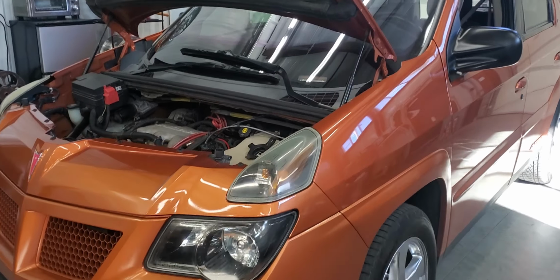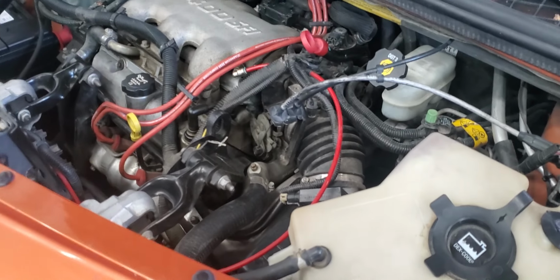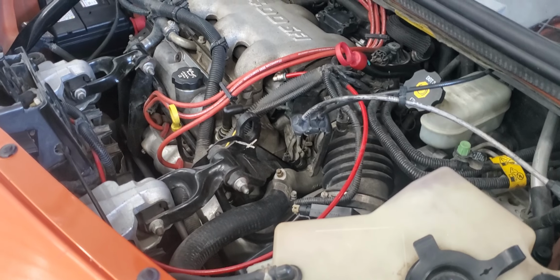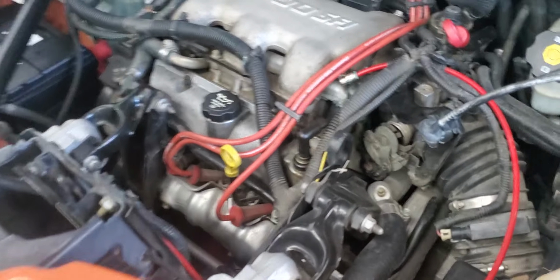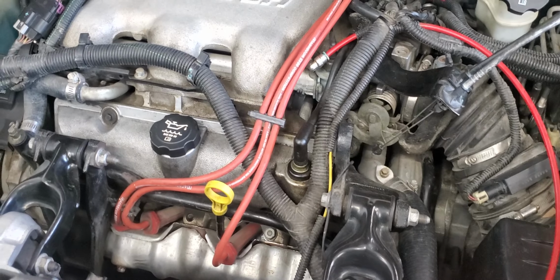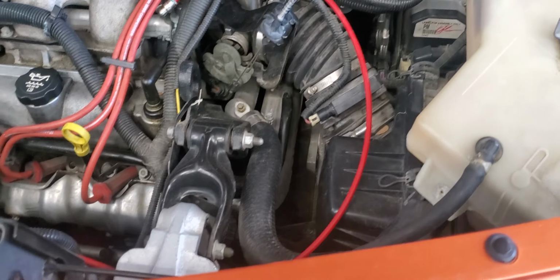This video is to show you the water methanol injection system on the Pontiac Aztek. It's an '03 Rally. We've got red MagnaCore spark plug wires there, but you see the fourth red is actually a hose coming from